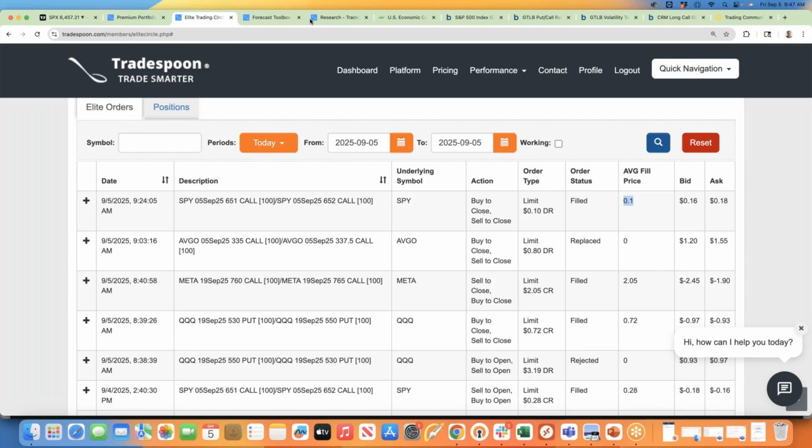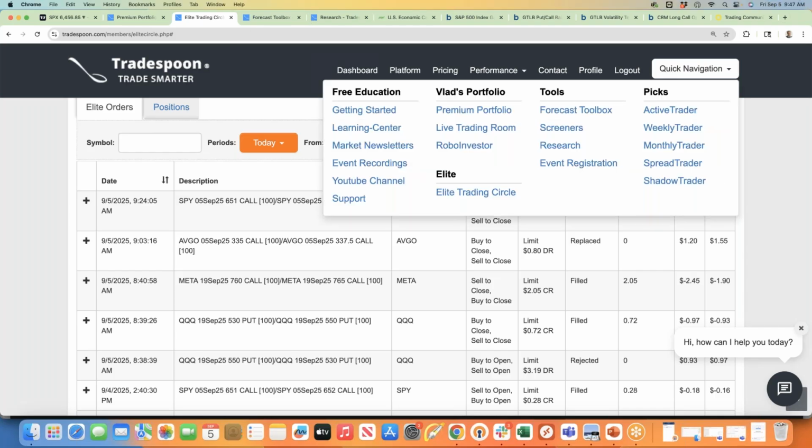So that's Stock Forecast Toolbox research. In terms of trade ideas, these are the tools. We also have signals, right? We have a short-term signal, a medium-term signal, and a long-term signal. If you're a long-term trader, you're thinking about months, so you go to the monthly trader. If you're a medium-term trader, you're thinking about weeks, 1 week, 2 weeks, 3 weeks, so the weekly trader. If you're a short-term trader, and a lot of people are short-term traders,